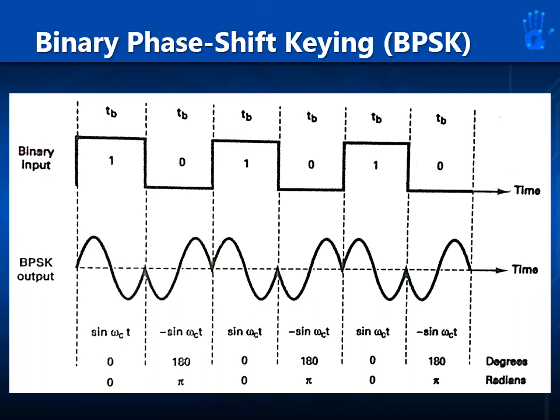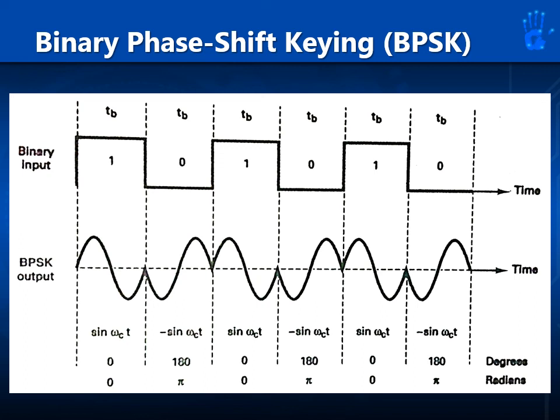This is an example of a BPSK waveform. So we have our input binary waveform. On the top, there are 6 bits: 1, 0, 1, 0, 1, 0, alternating bits of 1s and 0s. And our BPSK output, as we can see on the bottom waveform,